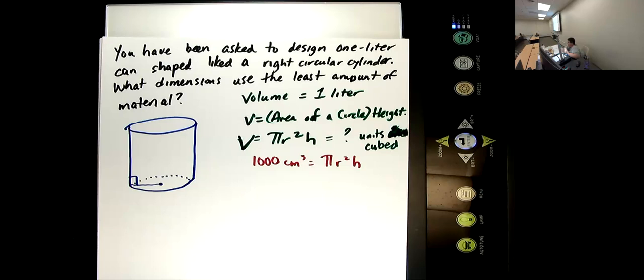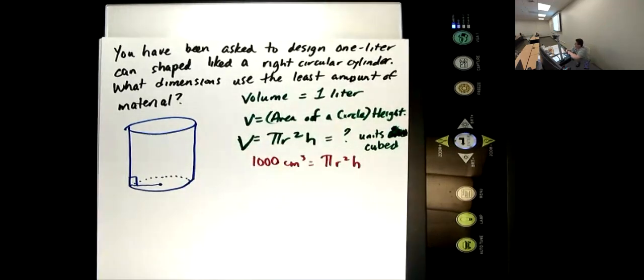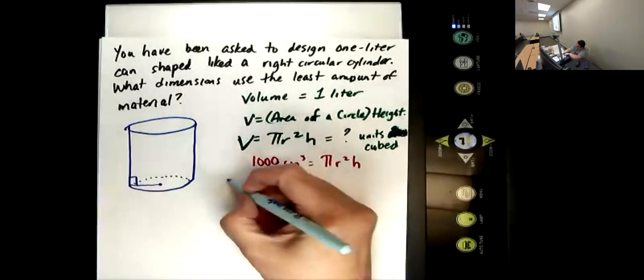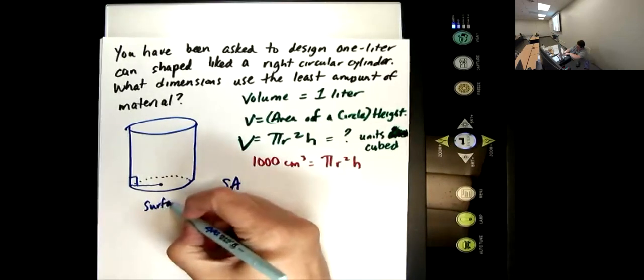Surface area, yeah. Because we don't have metal inside the can, otherwise it wouldn't hold anything. So the surface area is the only spot where we actually have dimensions. We want it to be hollow. So what's the surface area? I'm going to call it SA. Surface area